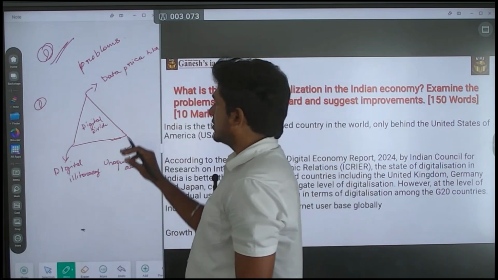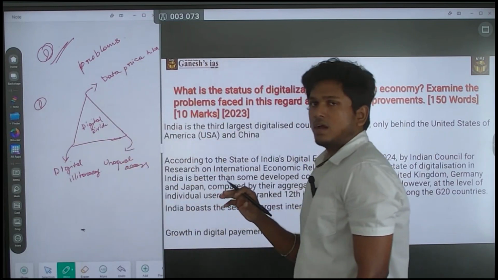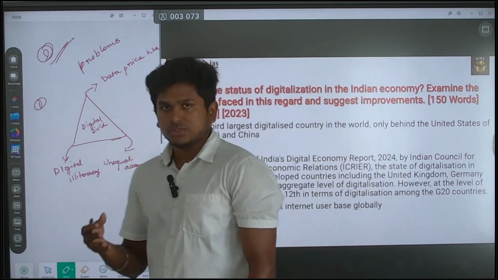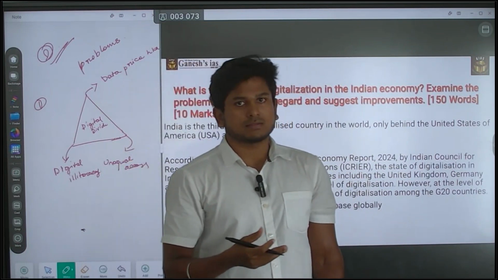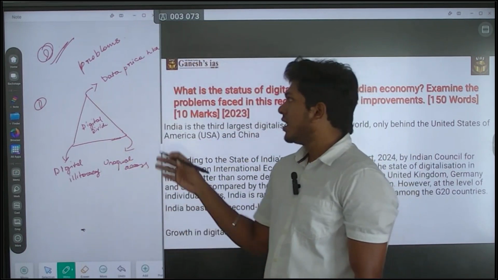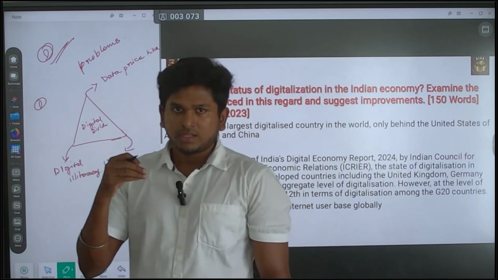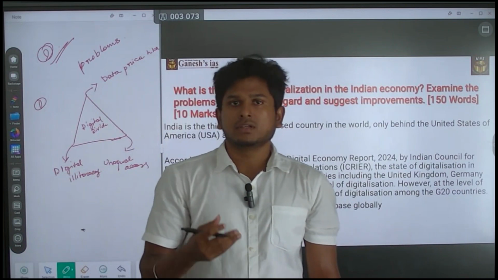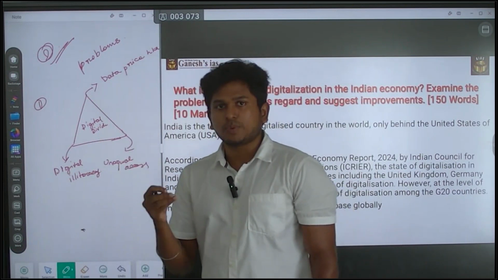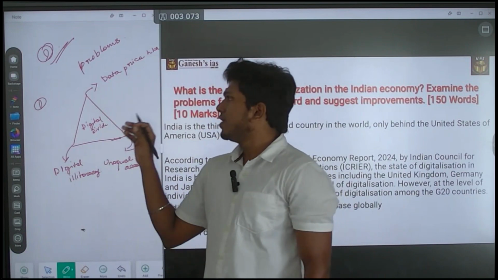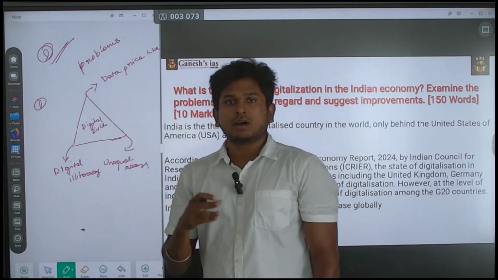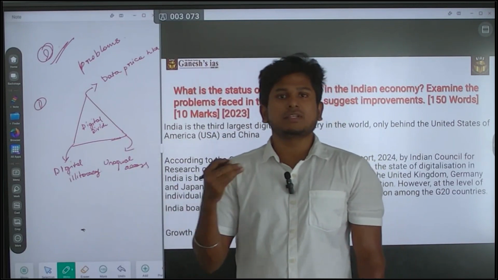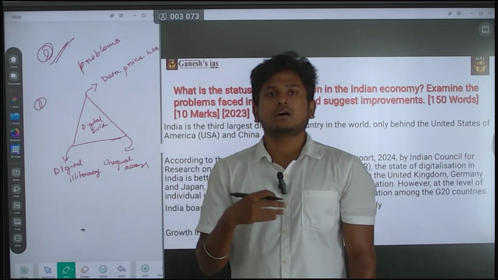This is the first point. There is a huge digital divide in the Indian economy, because recently Jio announced that they are going to raise the prices of internet data. Also consider a daily laborer or a street vendor. If he needs to spend 200 to 300 rupees for a data recharge for a month, how will he be able to do that with the minimum earnings of his day-to-day activities? It is not at all possible.